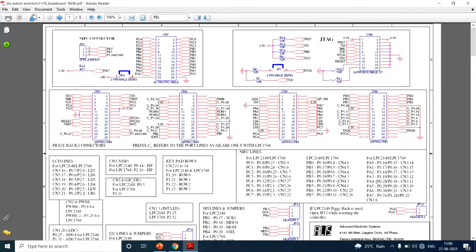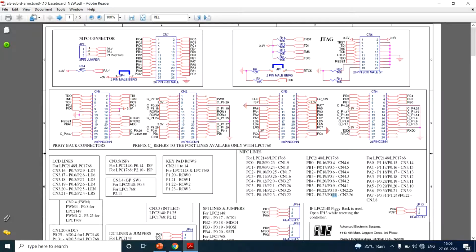So if you go to the first line, you can find out that PB0, PB1, PB2, PB3, 4, 5, 6, 7 have all been listed here. So what are those PB0, PB1 to 7? They are nothing but 4th pin of 0th port, 5th pin of 0th port, 6th pin of 0th port, 7th pin of 0th port, 8, 9, 10 and 11th pin of 0th port.